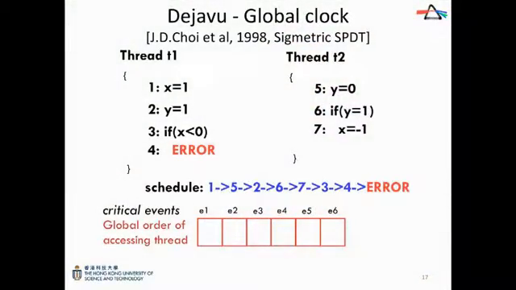The first representative work for user-level replay is called Deja Vu. It's developed by J.D. Choi, which is also a well-known name in concurrency work.